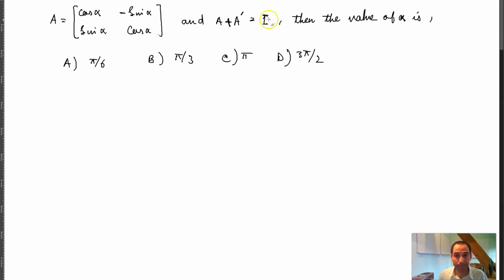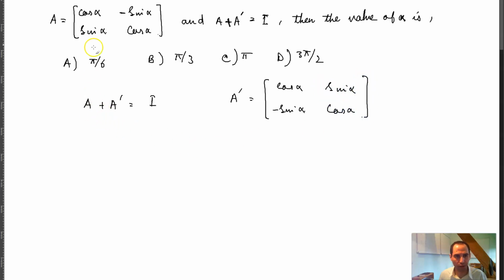Okay, so the identity matrix, first of all, if I write A plus A prime is equal to I, that means that A prime would be equal to cos alpha, negative sine alpha, and sine alpha, cos alpha, and then A plus A prime would be this matrix as cos alpha plus cos alpha, 2 times cos alpha,